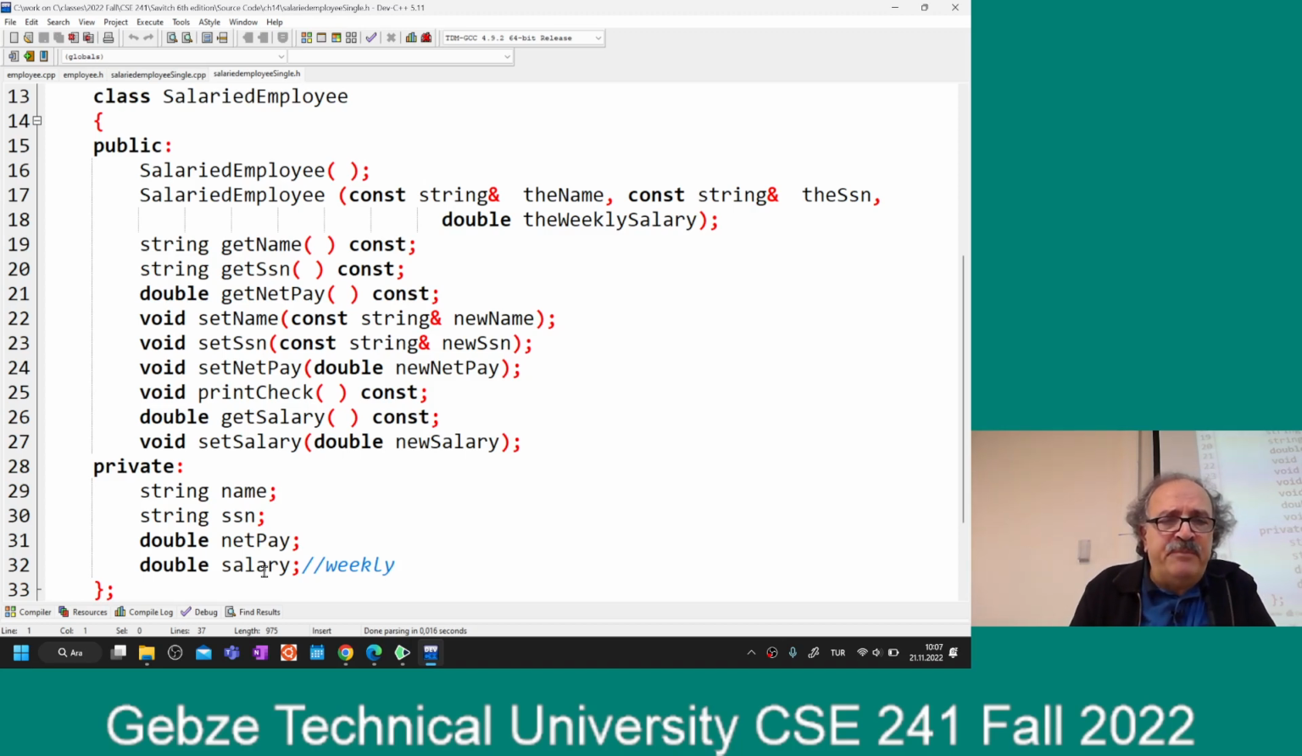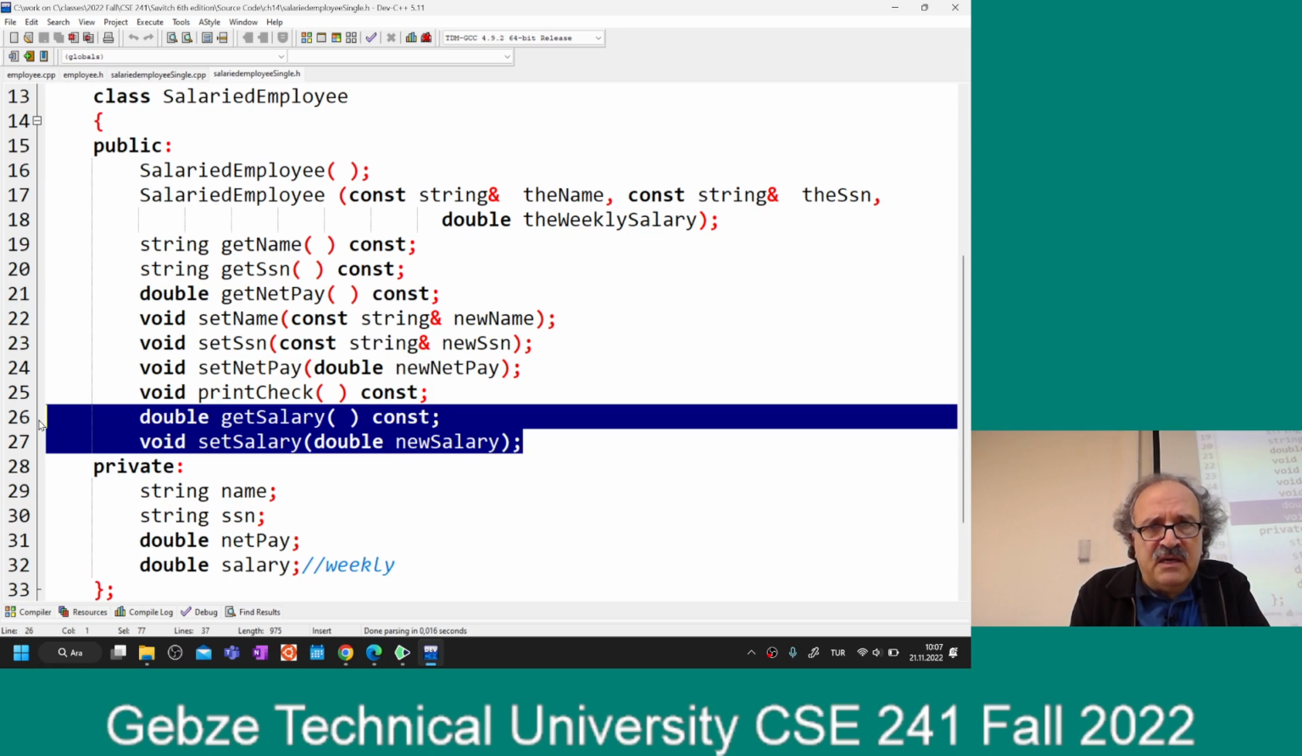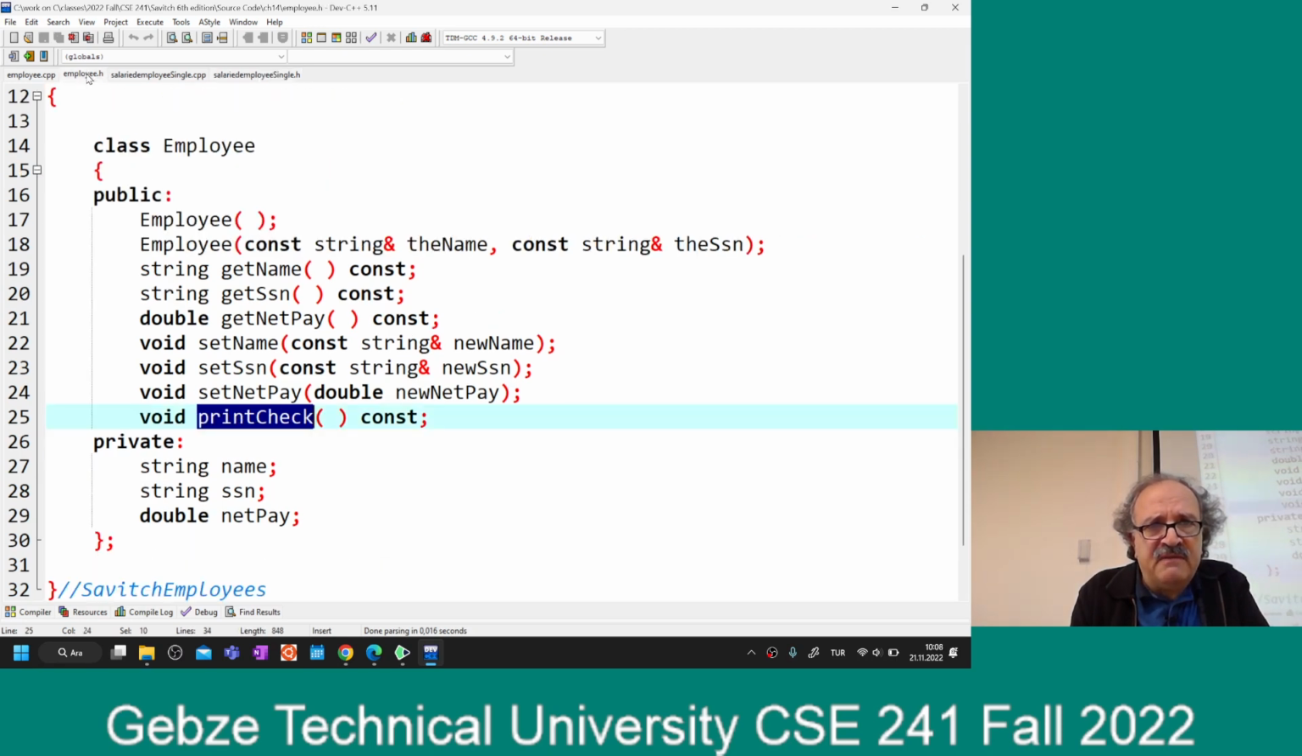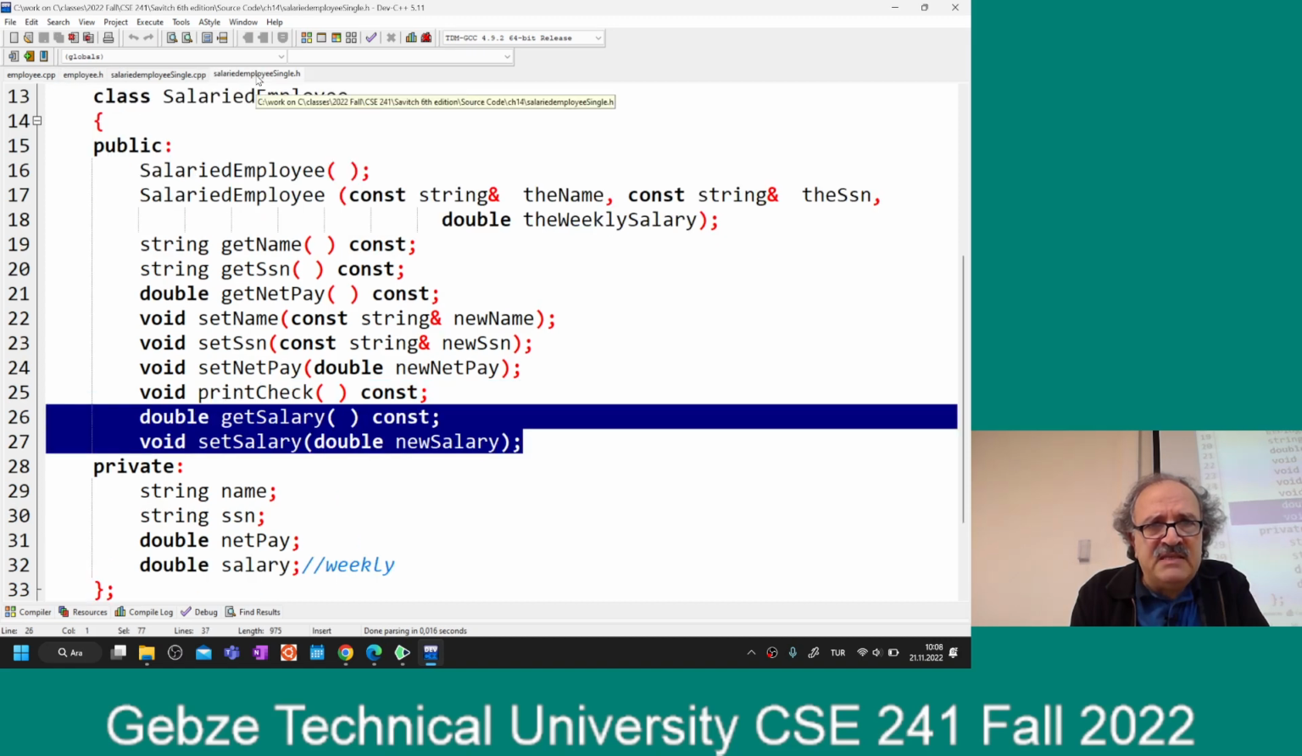So for this employee, the net pay is the same as salary. And the rest of it is the same as the employee class. I have the getters for the name and the social security number, setters for the name, social security number, pay, print check. I think these two are new, right? Other than that, let's try to compare this one. It is very similar to